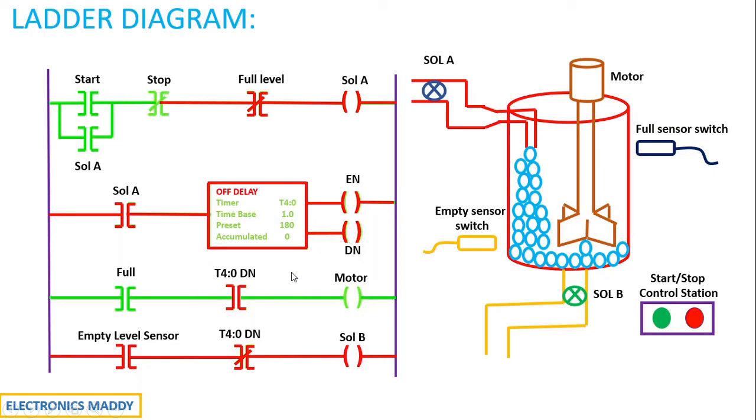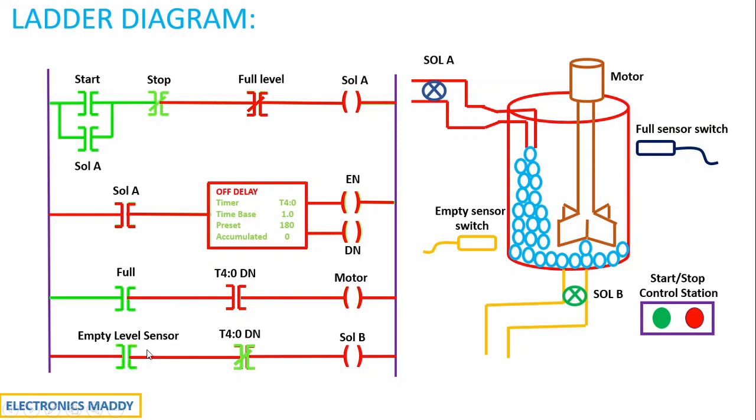Once the done bit is going low, the same address is used here, hence this goes low. As a result, there will be no current flowing through this path as this is acting as open circuit, and the motor stops. So the motor was rotating for 3 minutes and then the motor went low, isn't it? So we are able to achieve that. Consequently, since this went low, this will go high, isn't it? So what has happened so far? The liquid that is there is mixed through the motor and the motor has stopped.